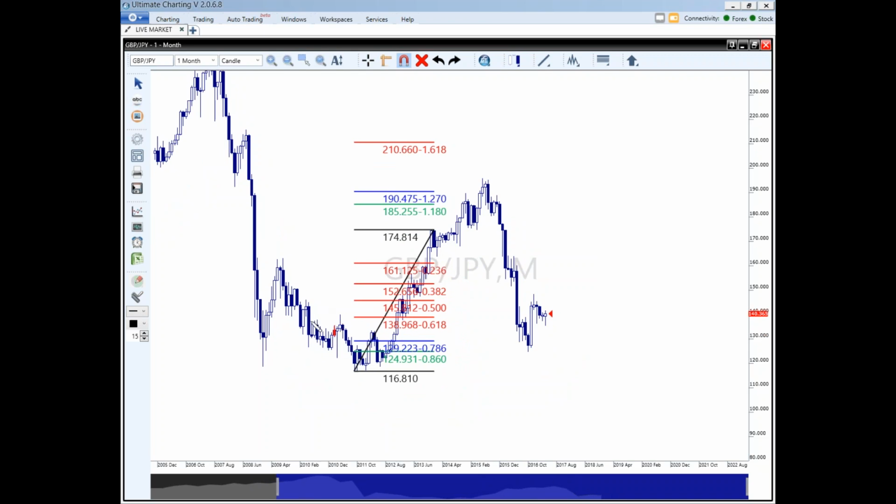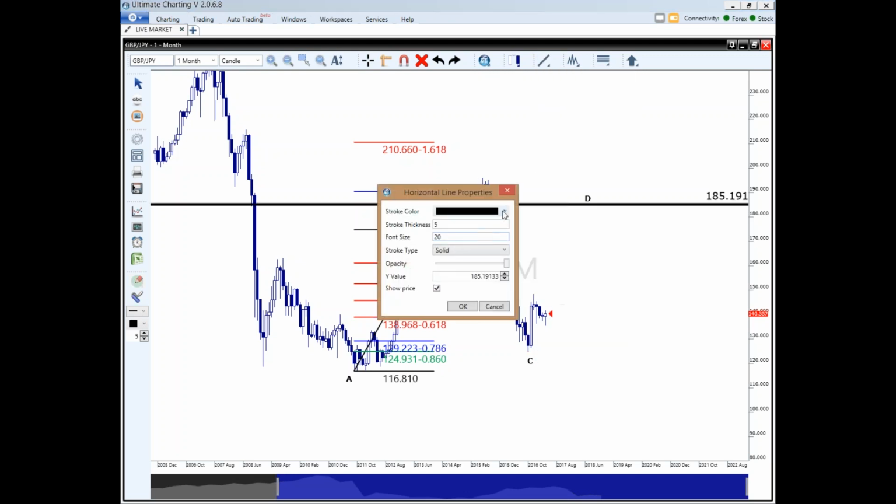And so I've got my crown A. Let me take this magnet off. Crown A right here, I've got my crown B right here, I've got my crown C. And crown D would be here at, let's see, the retracement level of 124.771, which is the 86%. So 1.18 would be the Fibonacci D extension. Let's color it green to match